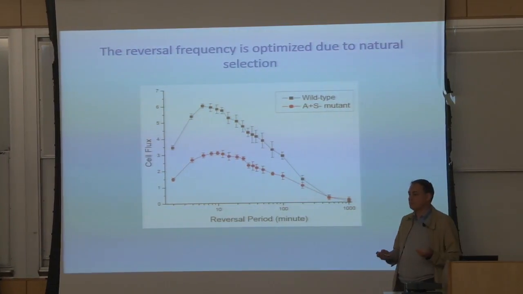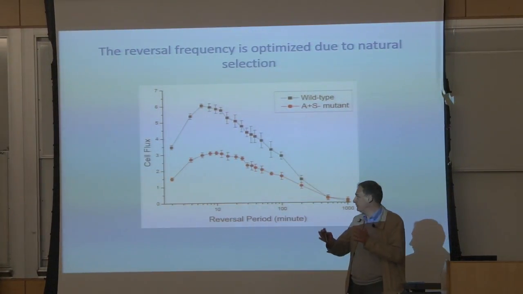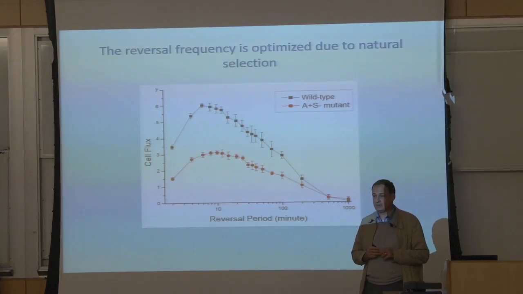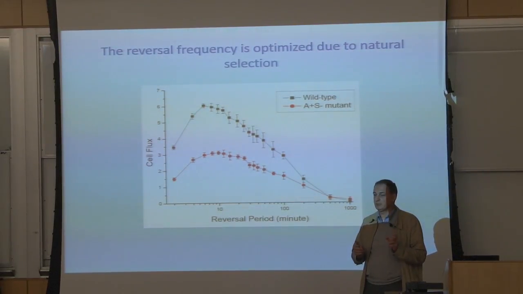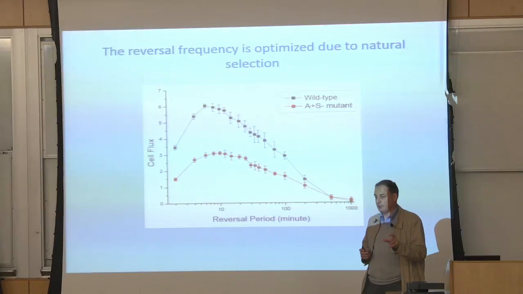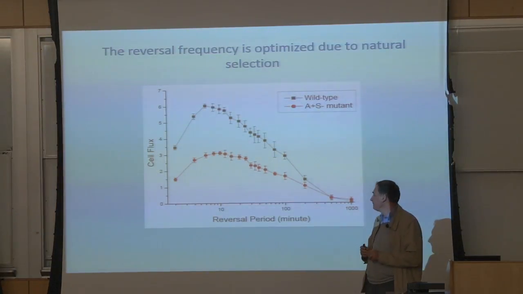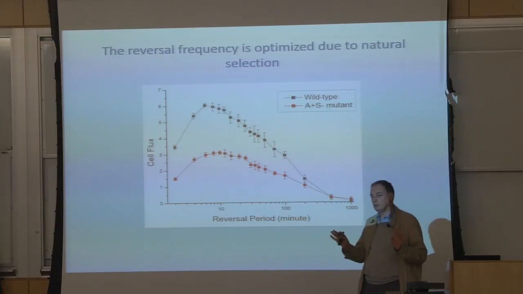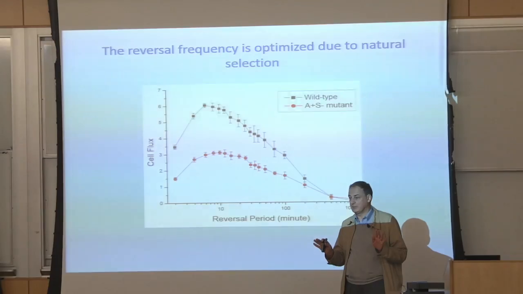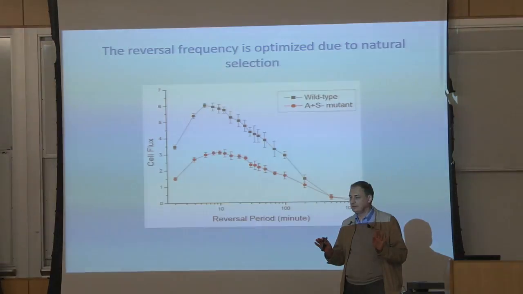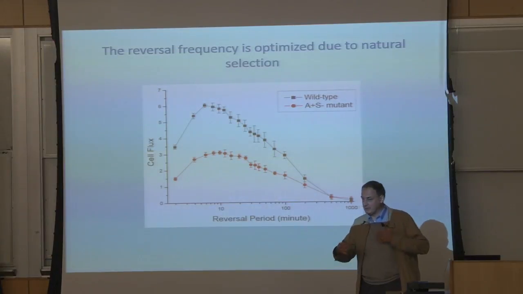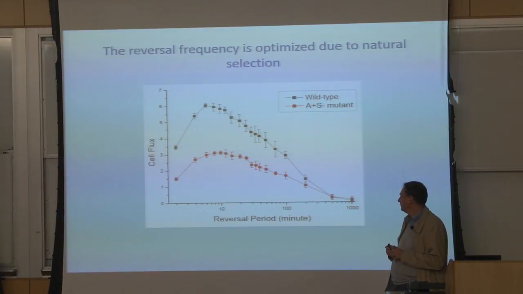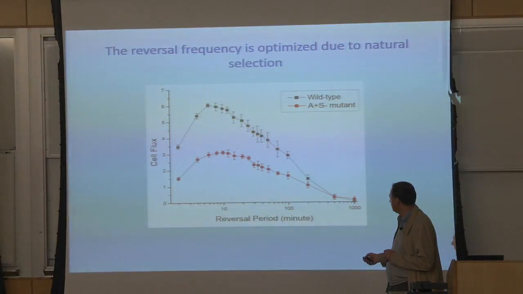And then we run simulations for different choices, okay? So we tested different reversal frequencies. We assume that each bacteria in all the simulations has the same length, and they all move with the same velocity. We track them in experiment. They move with the same velocity for whatever reason. We don't know how they actually do that. But we realized that